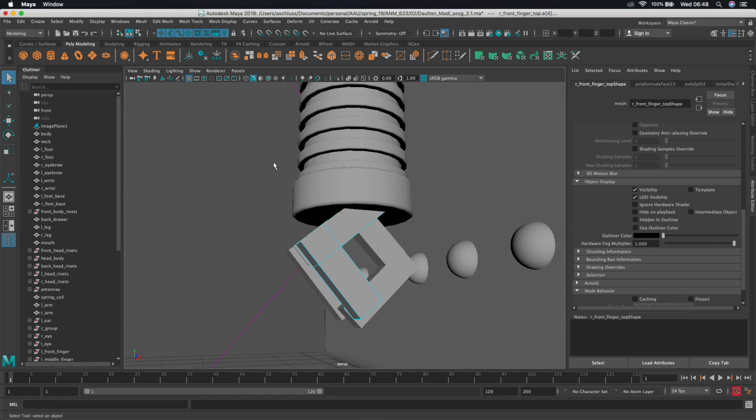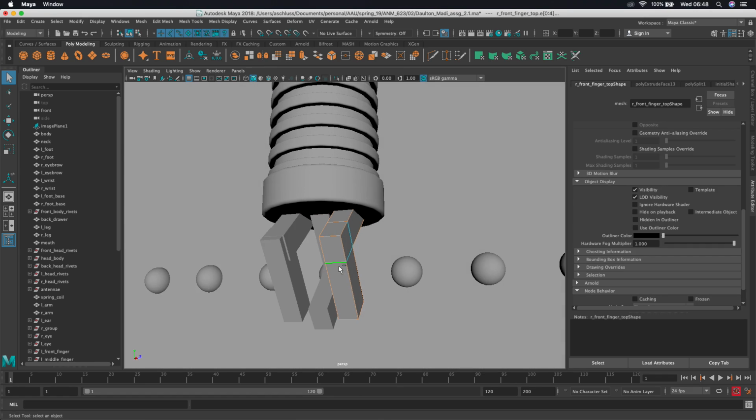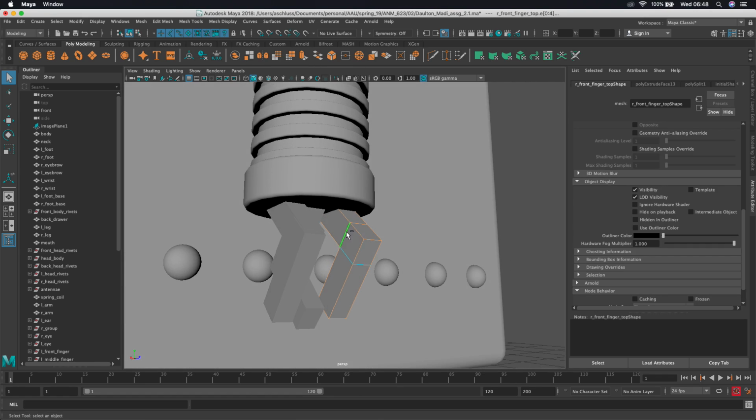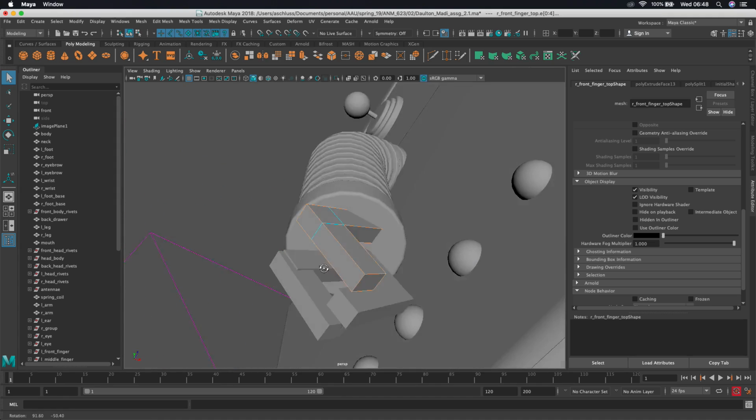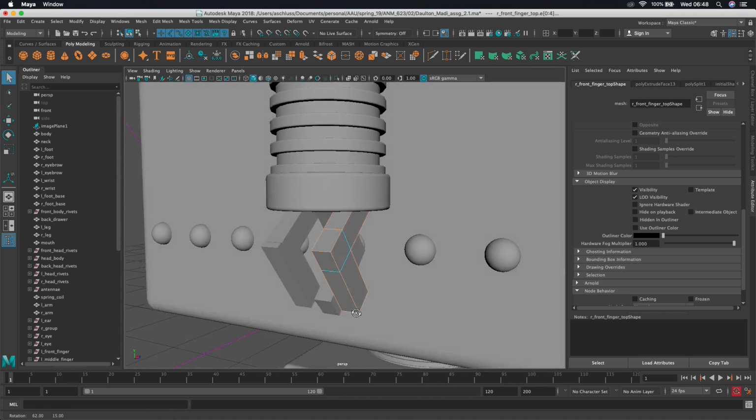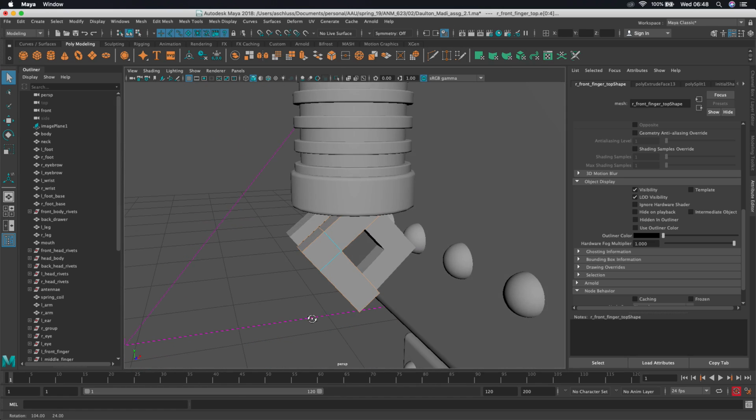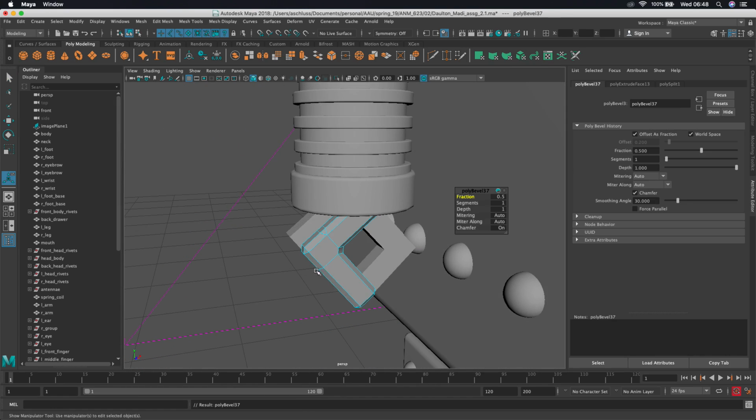Really it's going to be all the edges except for these. I'm just control clicking these inside edges here. Everything else I think we're going to want to bevel. So I just selected all of them and then deselected the ones I didn't want, and then shift right mouse click, bevel edge, and then